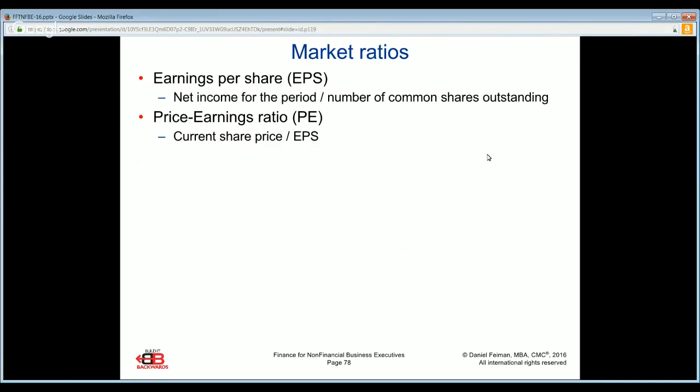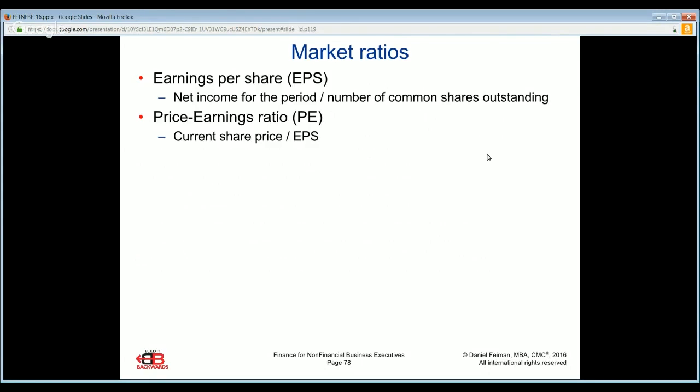That means they're not in the marketplace, which means those are not included here. Earnings per share, if the number of shares in the marketplace does not change, might be a reasonable measure of return, of success over time. But please remember that some organizations either sell additional shares during the year or might even buy some of their own shares back during the year.